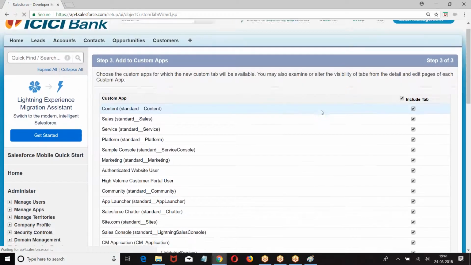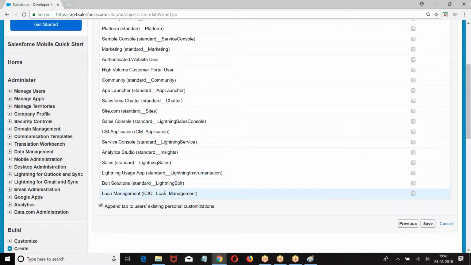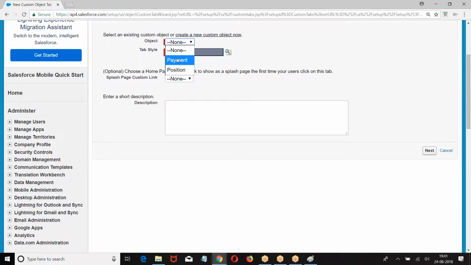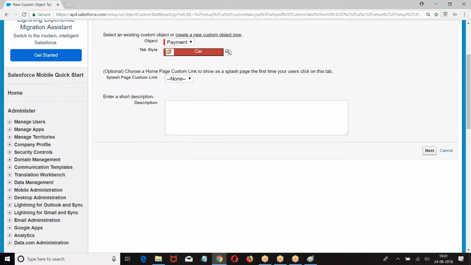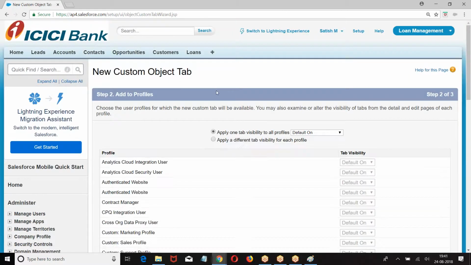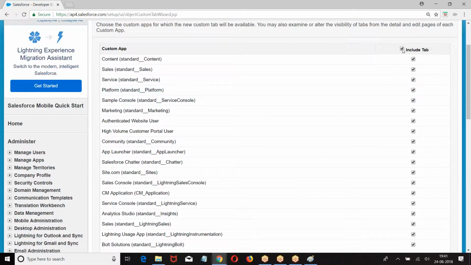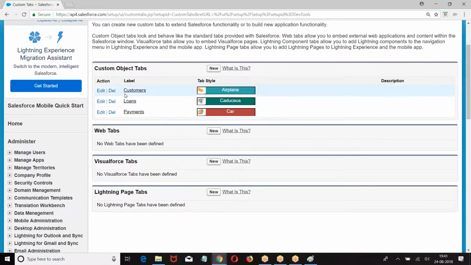Next, in which application do you want to show? Loan management. Visibility. This is how we have created customer, loan and payment tabs.